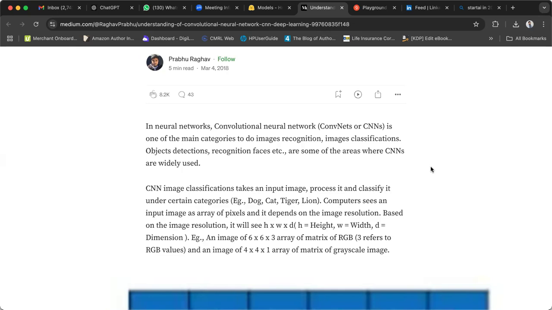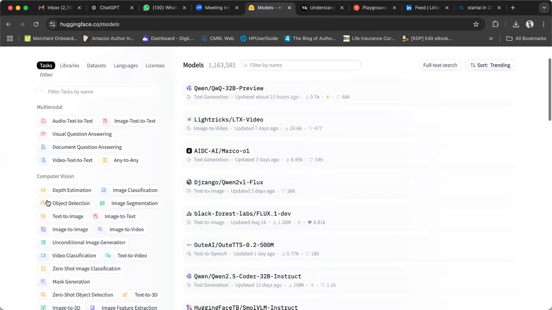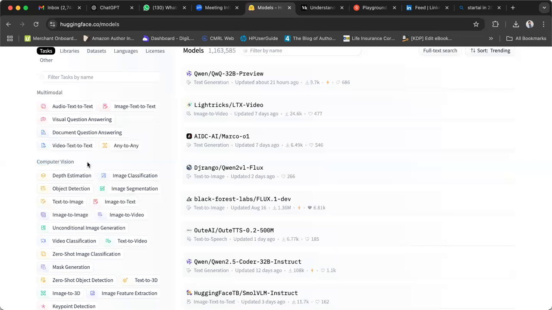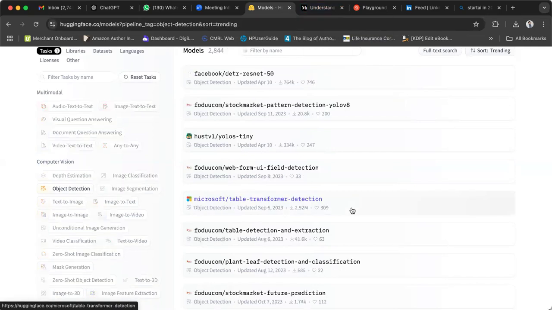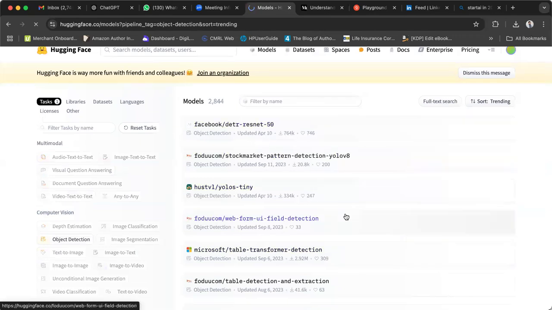The advancement of CNN is called computer vision, otherwise called CV. It is an advancement of CNN, but the fundamental idea comes from CNN. Here is how to identify an image and do a lot of other things, like object detection.